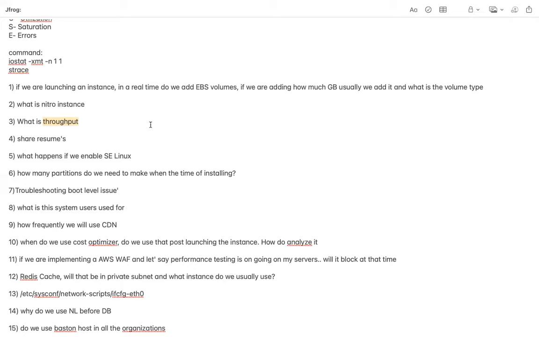At that moment, rather than relying on IOPS only, we have to rely on throughput as well. Rather than the number of rows or queries, what we are bothered about here is the overall data size. So the reads and writes for all such operations are handled with the help of throughput.